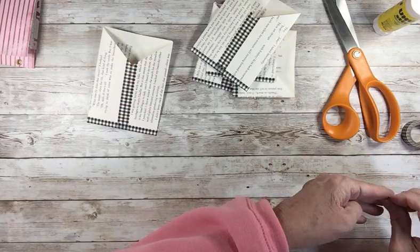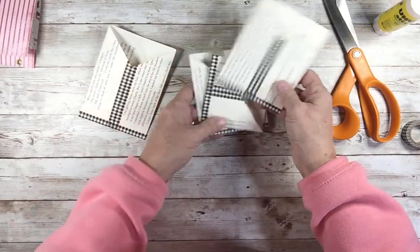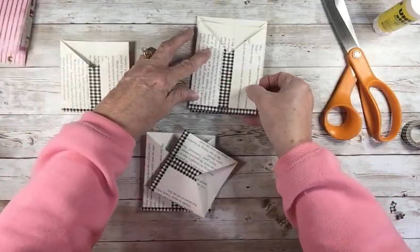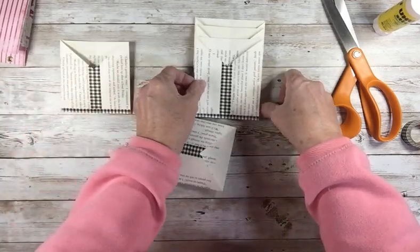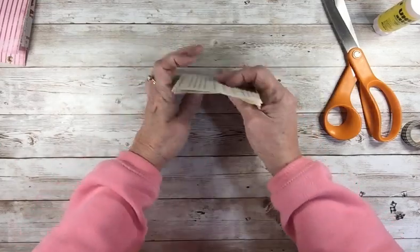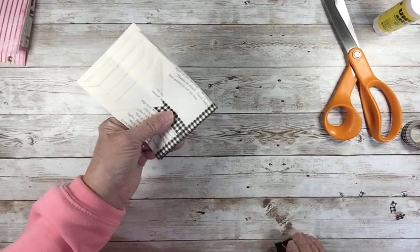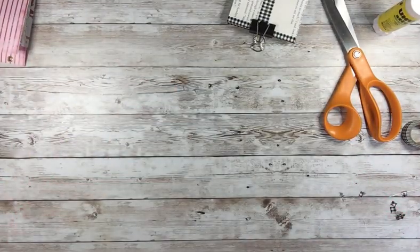Okay, let's put them back together from largest to smallest. I think you're the largest. I think you're next. You're next. You're next, and you're last, or first. So here they are. And just to keep them together, I'm going to clip them, and